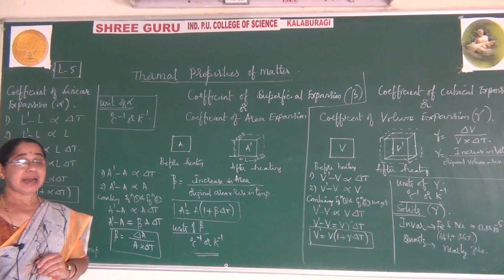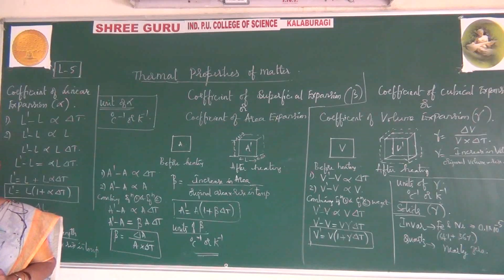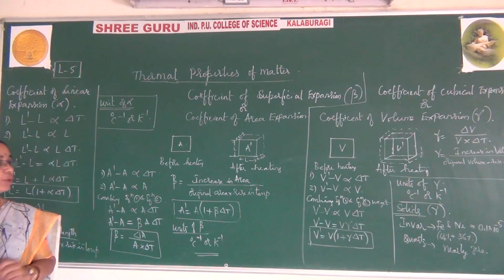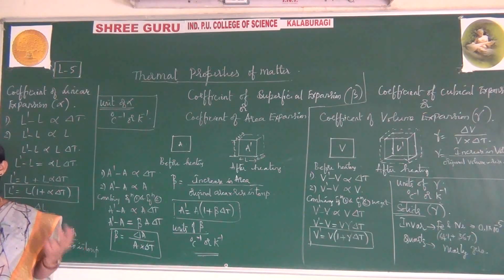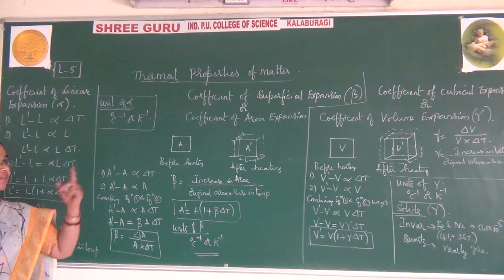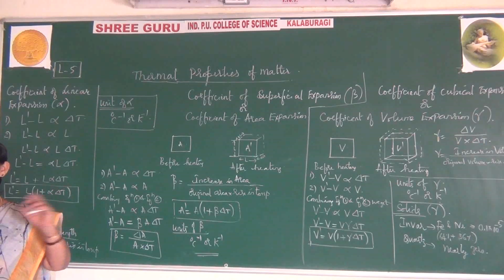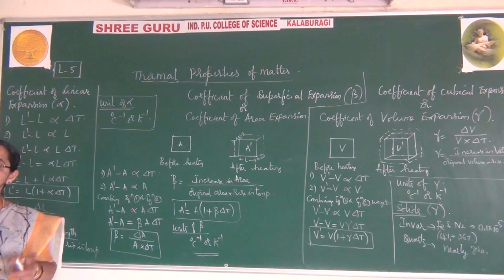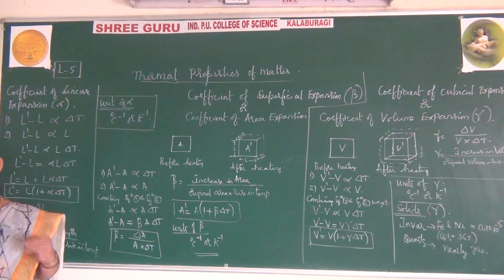Right? Similarly, for liquids, I mean two liquids: one is mercury, another is alcohol, particularly ethyl alcohol. So these two are liquids. The volume coefficient of expansion is more for ethyl alcohol than mercury. Because of this reason, we prefer to use mercury in thermometers, as its expansion is very small compared to ethyl alcohol. Both alcohol thermometers and mercury thermometers are used, but most of the times we prefer to use mercury itself.